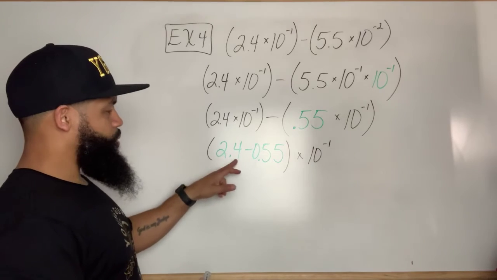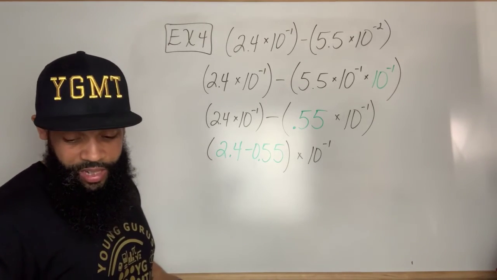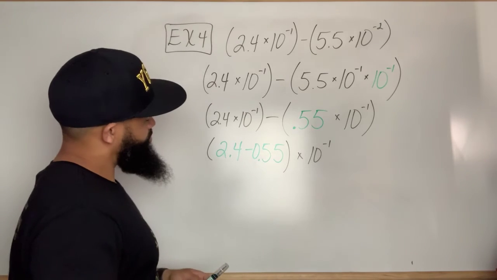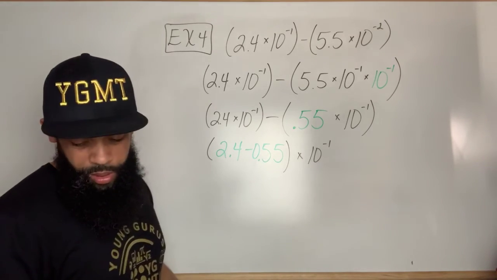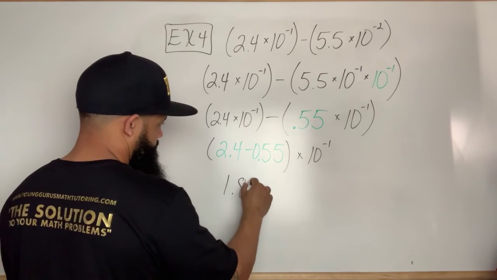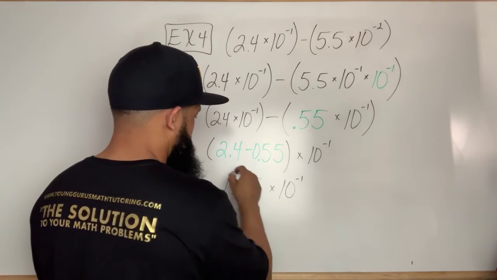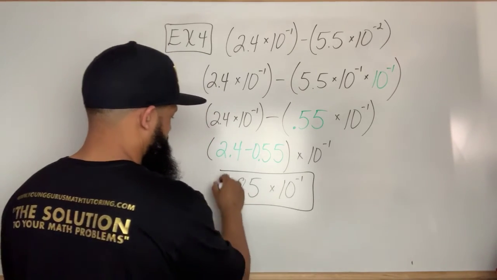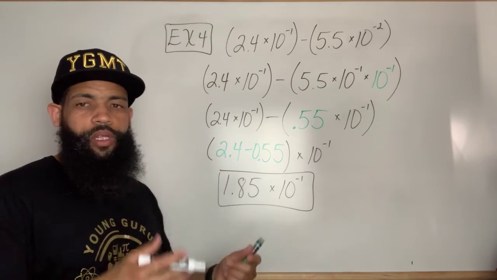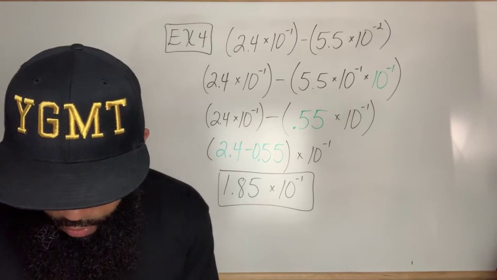Now, 2.4 minus 0.55 is actually equal to 1.85, and then times 10 to the negative 1. All right, and you could do the math elsewhere. I didn't want to go through doing that vertical subtraction, but that is our final